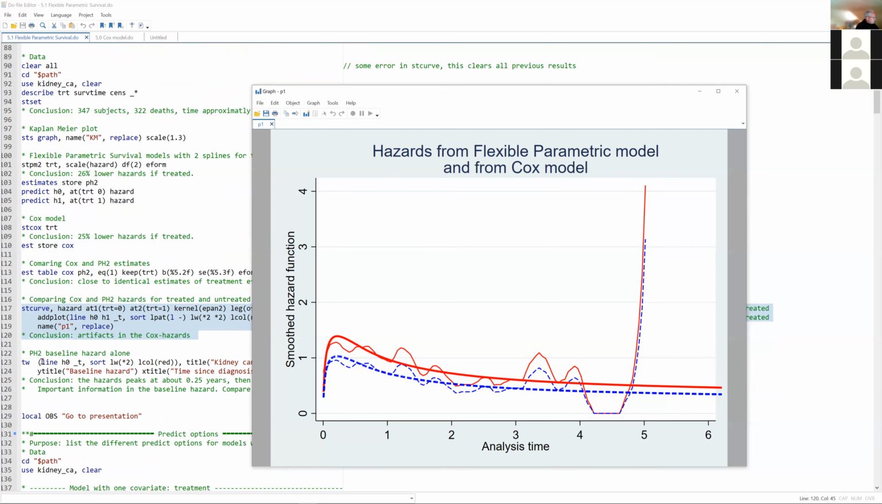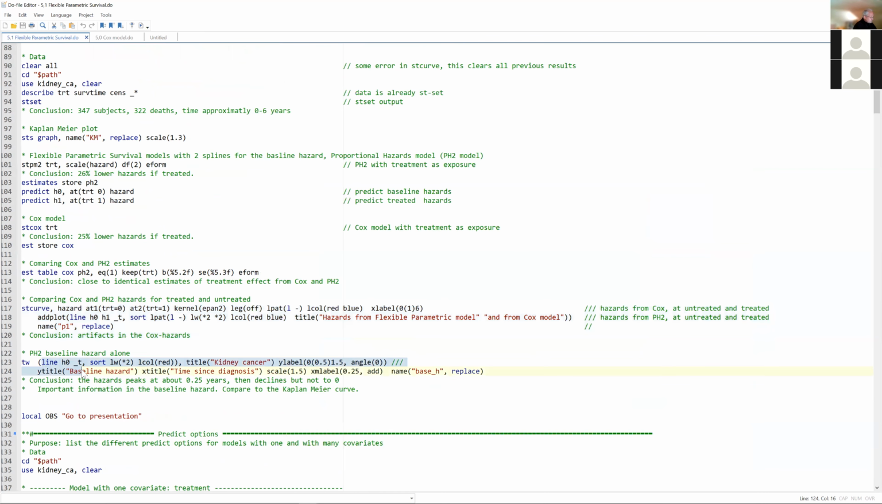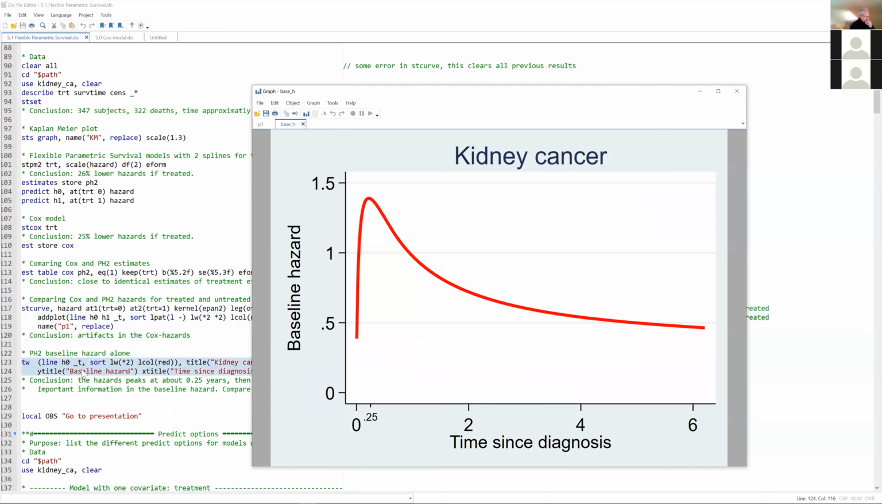Here I'm showing you the baseline hazards from the parametric model alone. And it's the curve that I've shown you before. We see from this curve that we don't have any areas where the hazard is close to zero. We see that after 25, half a quarter of a year, the baseline will peak, and then it drops to a lower value, but not to zero. So as I told you, there is a lot of biological information in this baseline hazard that we cannot see from the